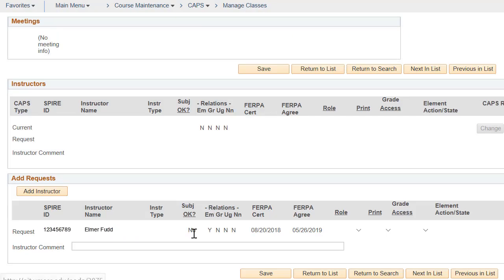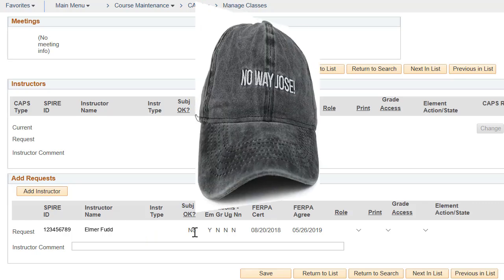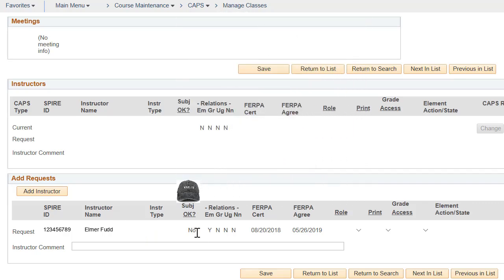The Subject OK field is a prompt to show whether the instructor is authorized to teach the subject. Again, notice it is underlined, so there's a tooltip for it. The role is Primary Instructor, Section Assistant, or TA. If Primary Instructor is chosen, the next 2 fields automatically activate. Print means the name will show in a schedule of classes, and Grade Access refers to access to posting grades